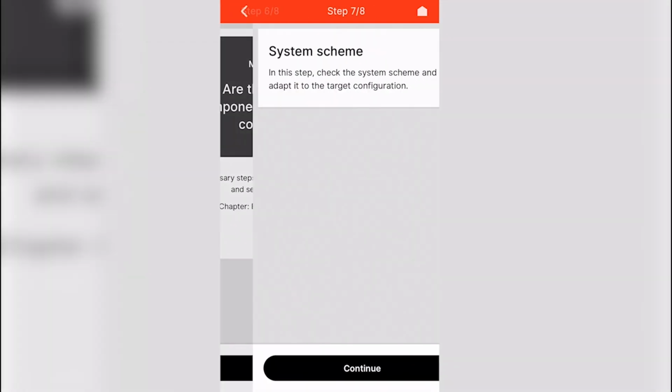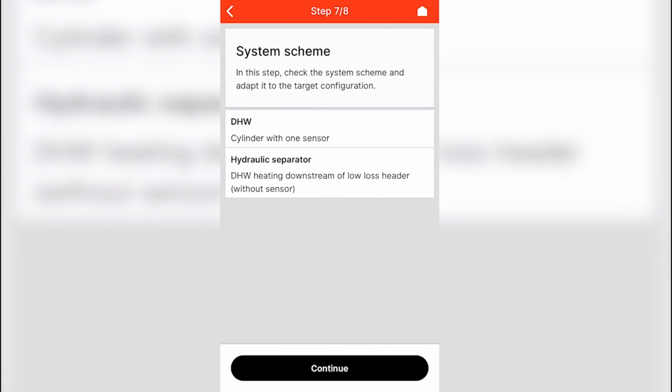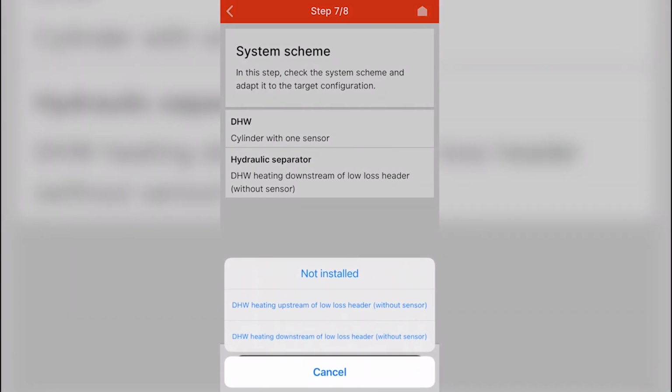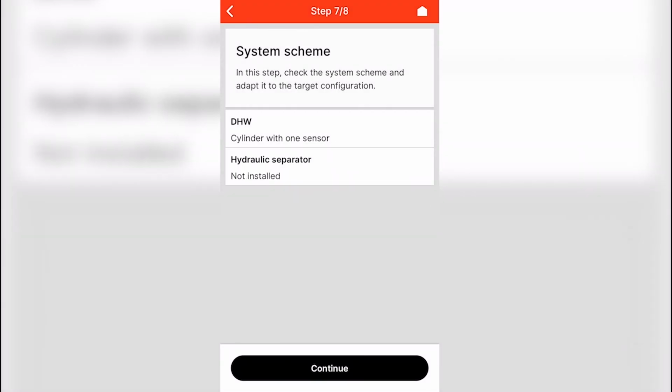By selecting Continue at the bottom, with your heat-only models, you'll then be able to select a DHW system scheme, whether or not it has an indirect tank paired with the unit. You'll be able to make additional settings,